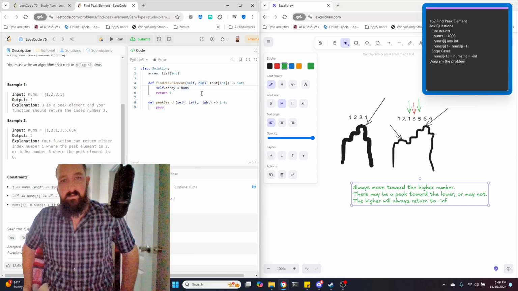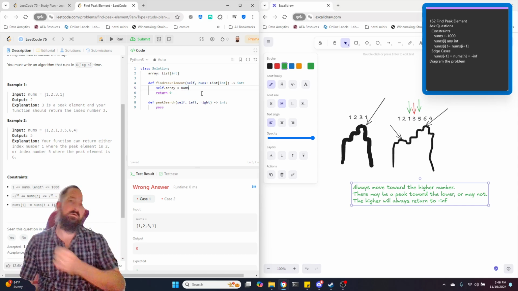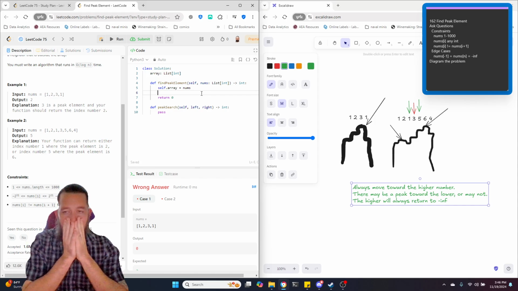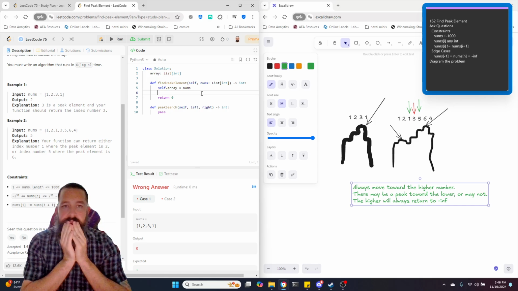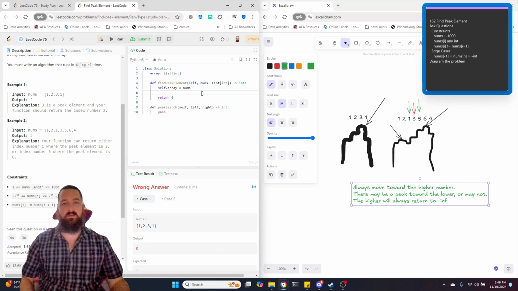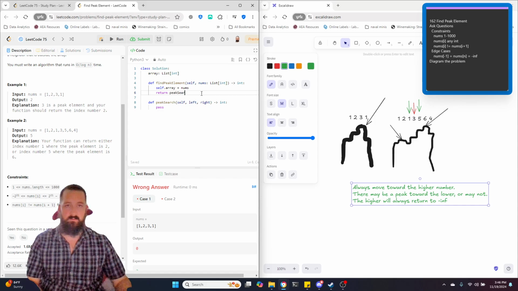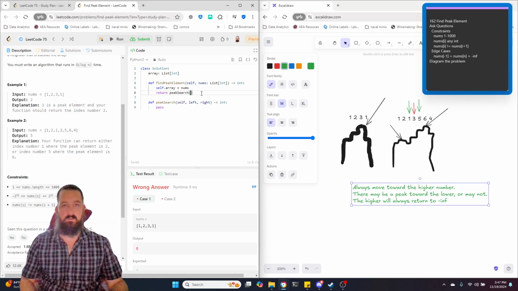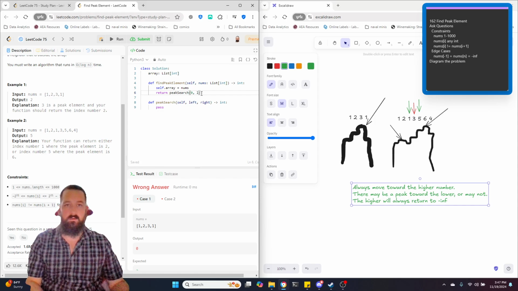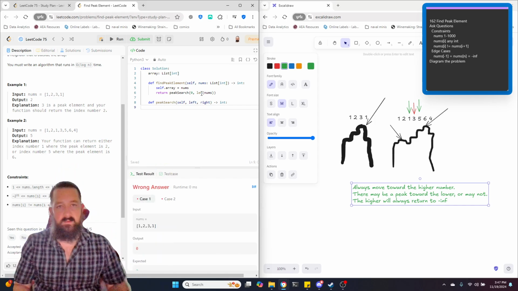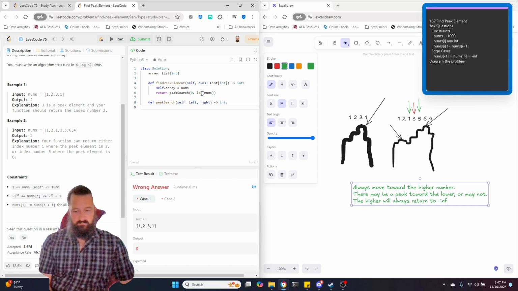I've got my syntax down good enough for now. Okay, so from here I'm going to do return peak search, left is 0 and right is length of nodes. Okay, then here I have